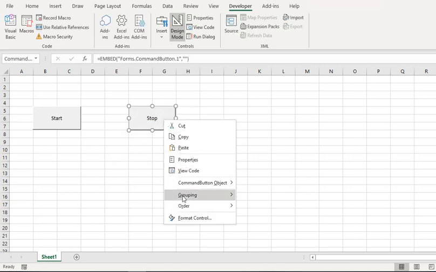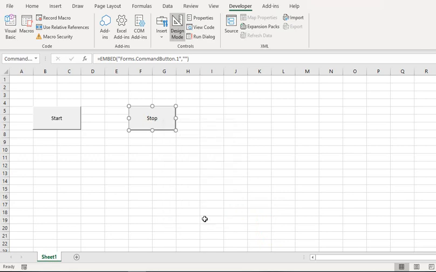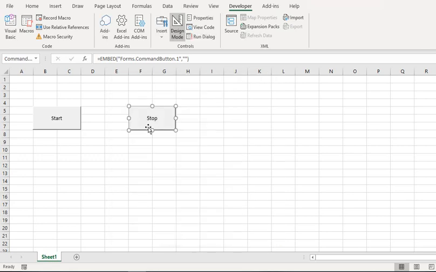And then you can also group and ungroup. If there are more buttons, you can make them a group or ungroup them or regroup them. And these are the same options that we had on the other button, and the format control also has the same options that we had on the other button.